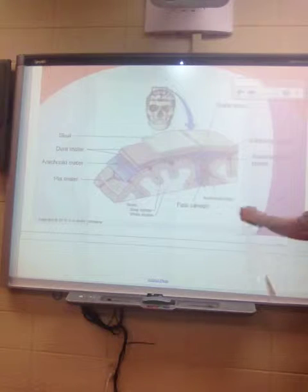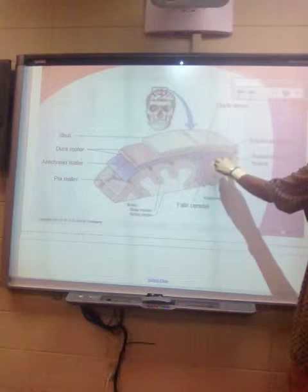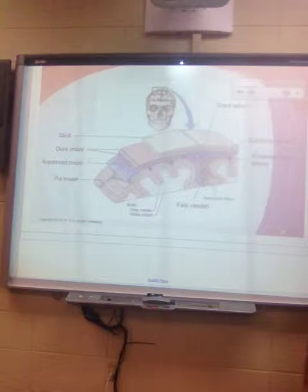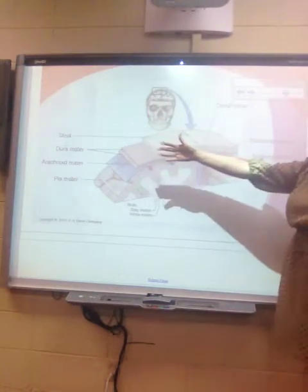We have subdural space. So that's lying right underneath that dura mater. Subarachnoid space is right inside where the webbing is seen, and that's where you're going to see a lot of your cerebral spinal fluid. That subarachnoid space. What can be bad? If you've ever heard of a subdural bleed, usually we see those as arterial bleeds, and they go pretty fast. So this is under that dura mater. You can have a subdural bleed. If you had a bleed on top of that, that's not quite as bad, because then it's not right there